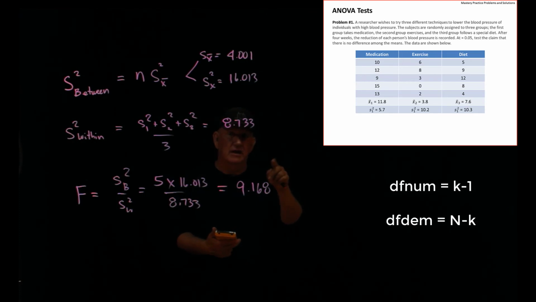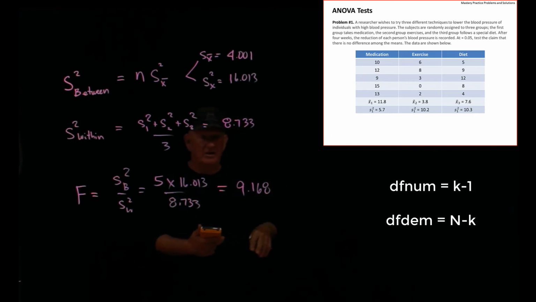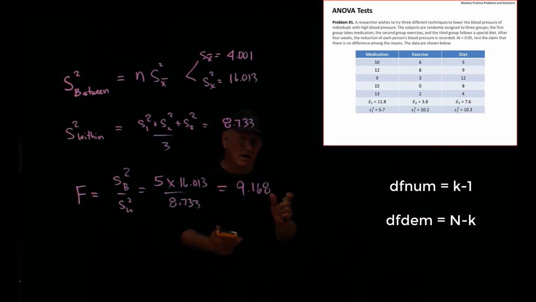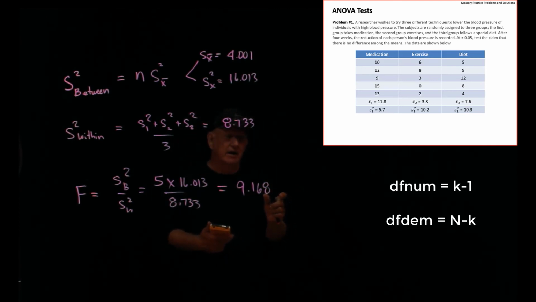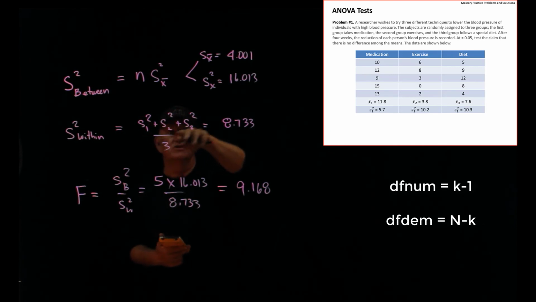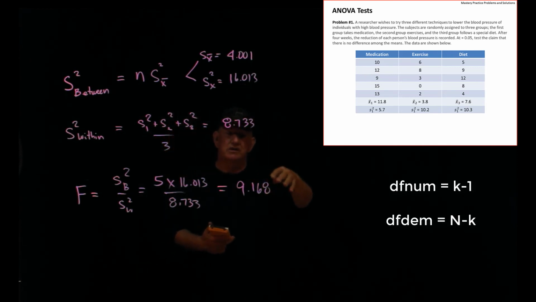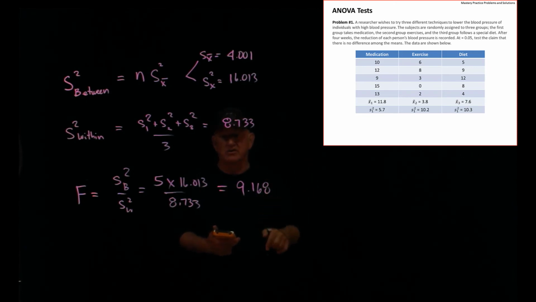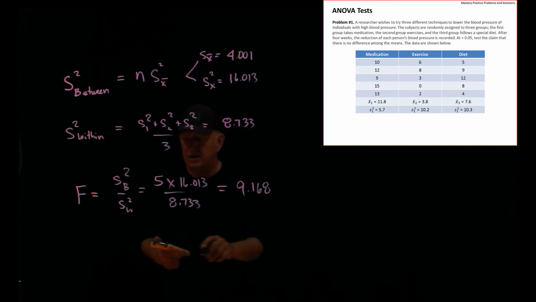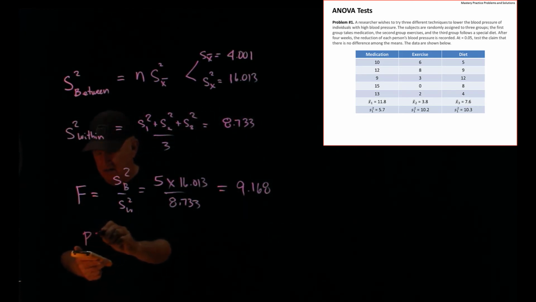K is 3, k minus 1 is 2. The degrees of freedom for the denominator is N minus k, where this little n is the size of the groups, and capital N is all of the observations. 3 times 5, 15, minus k, which is 3, or 12. So I put in 12, and if I come down here, tell it to paste, and then tell it to run, I get p is equal to